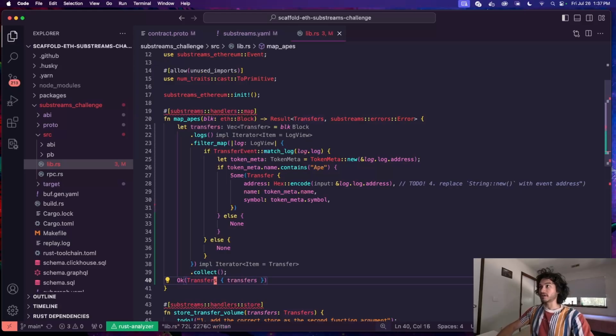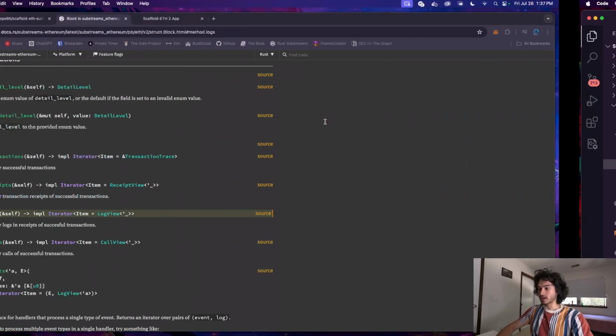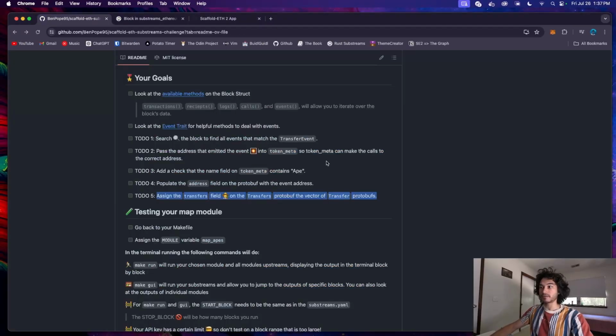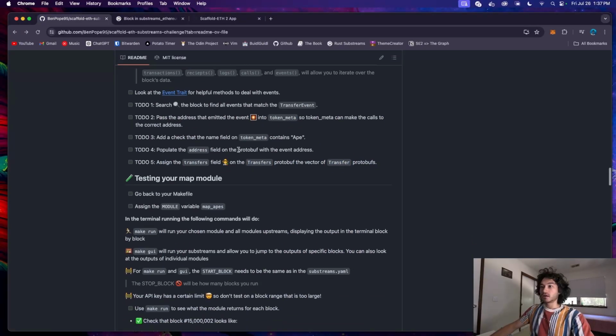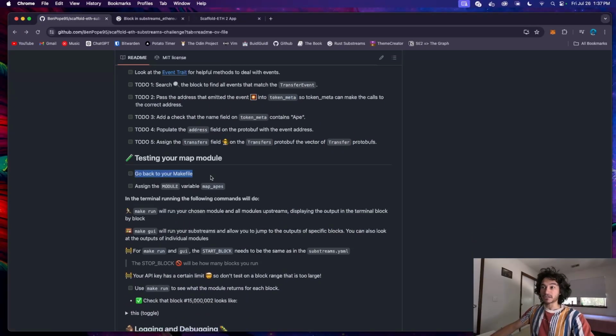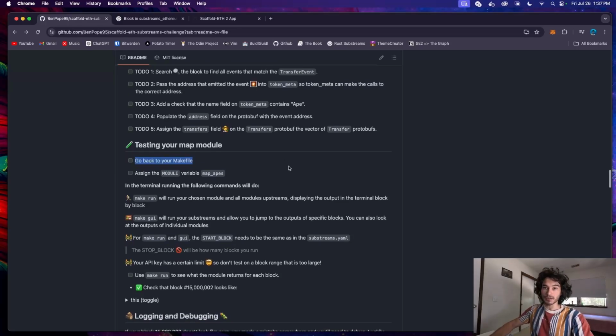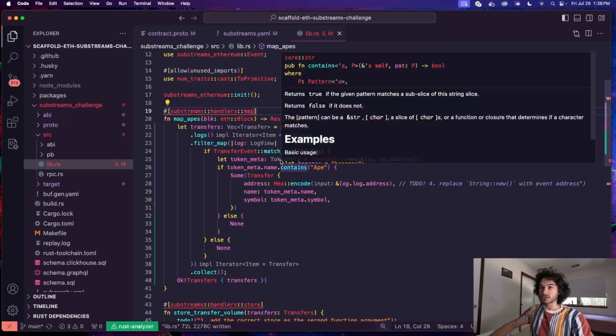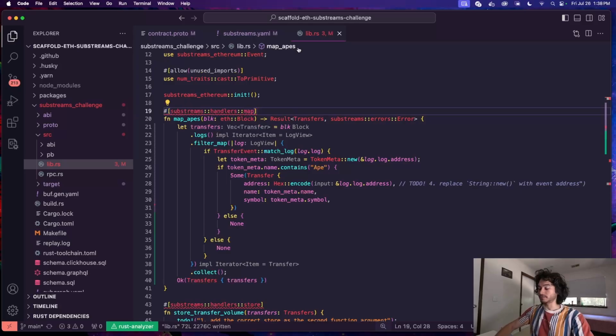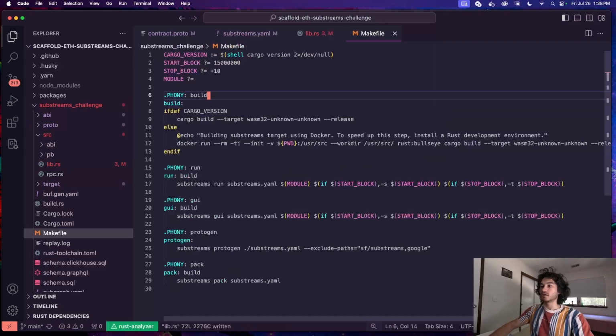All right, so let's save this. Also, these are red. Don't worry about those. The challenge still works even though those are red. All right, so now we can go ahead and test our module. We need to make sure that we did this correctly. So if you go back to your makefile,